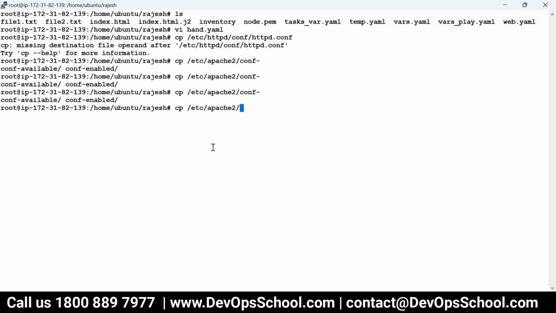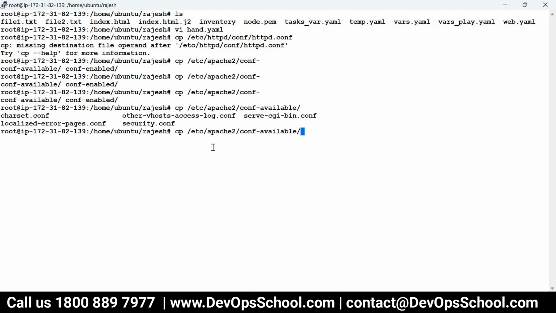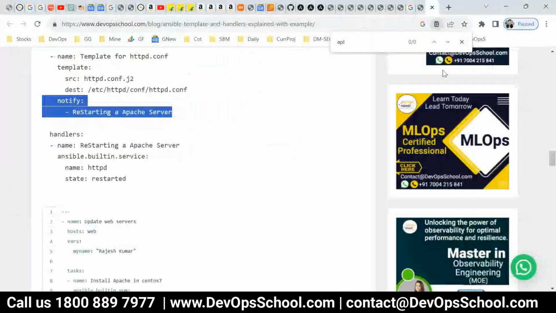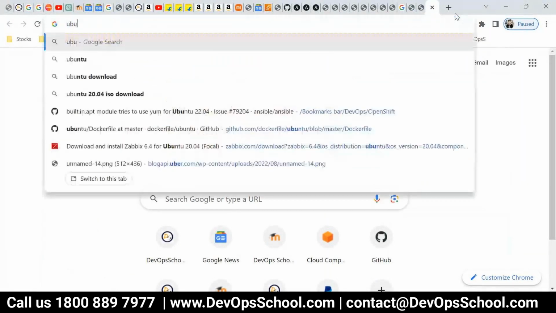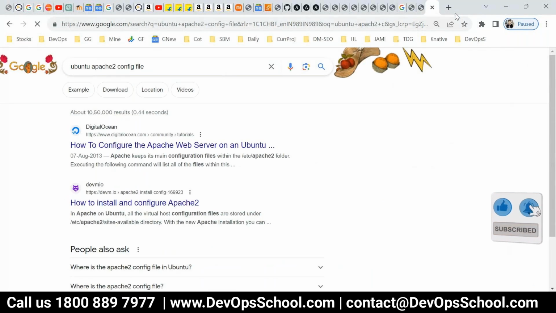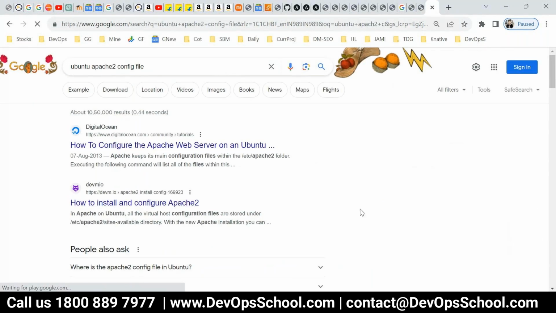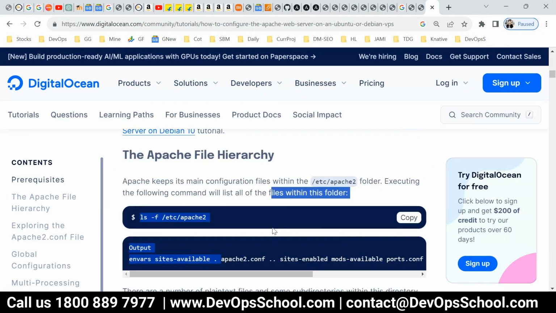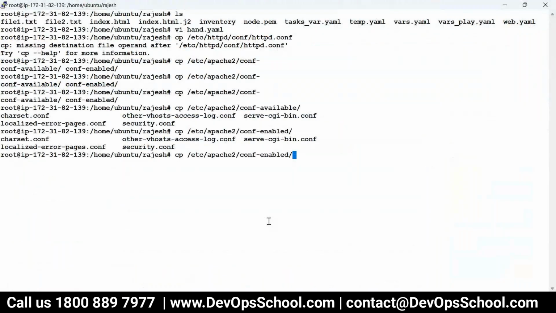I'm not able to locate it. What is the location? Conf available, and the file is... not enabled. Where's the file? Hmm, I'm not sure, so let me Google it. Ubuntu Apache 2 configuration file. This should be the file. Okay, so here should be the file, here only